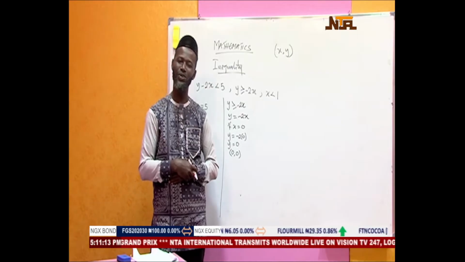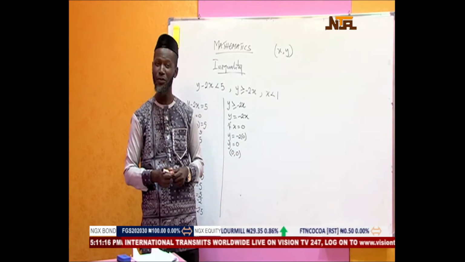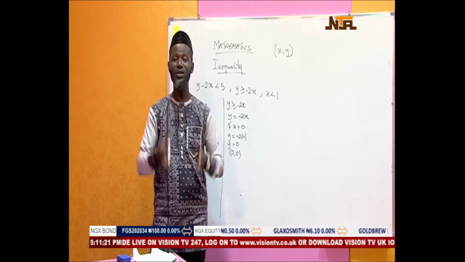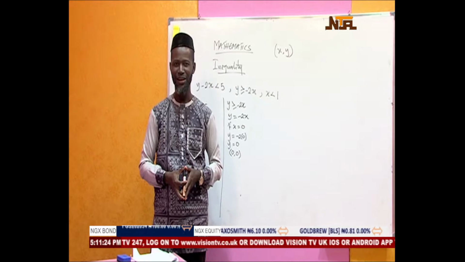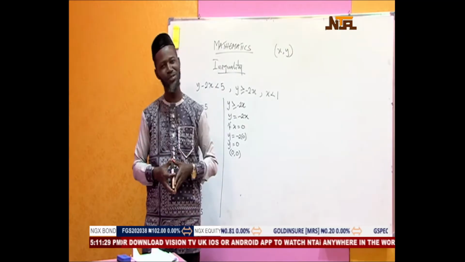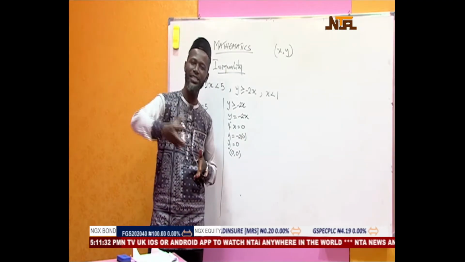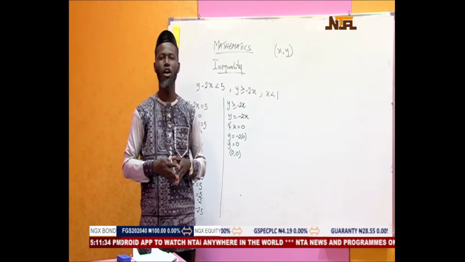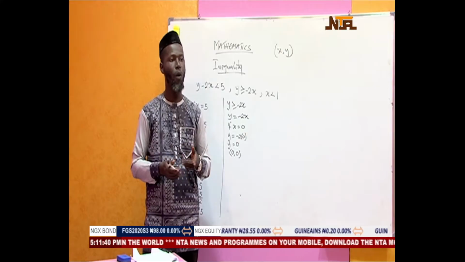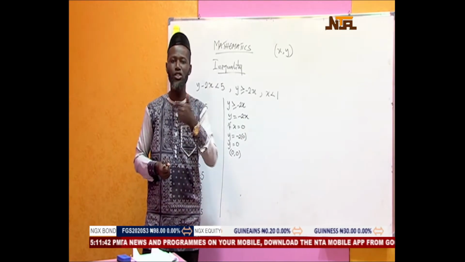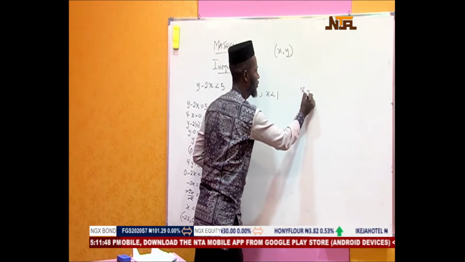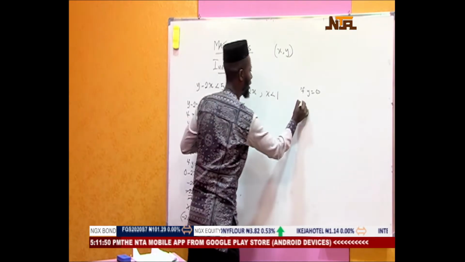Now, you may be thinking what is going to be the next thing to be done. Because for the second one, if you say that our y is equal to 0, we are still going to get 0 for the value of our x. So what are we going to do? In as much that we have y equal to 0 and x equal to 0, the next thing is that, having used the value of x to be equal to 0, let's now test for x to be equal to 1. Why? Because if you say that y is equal to 0, we are still going to get, for example, let's say y is equal to 0, go back to this, it will be 0 is equal to